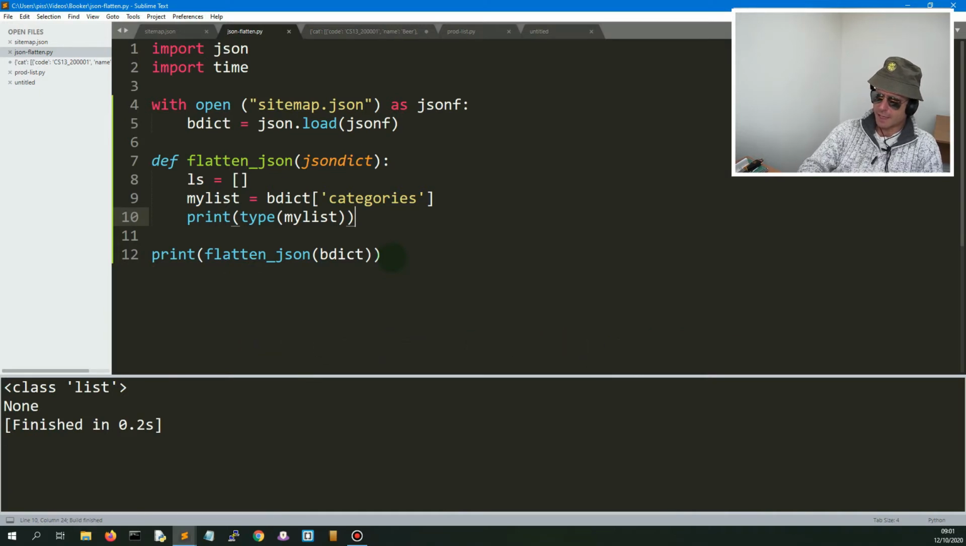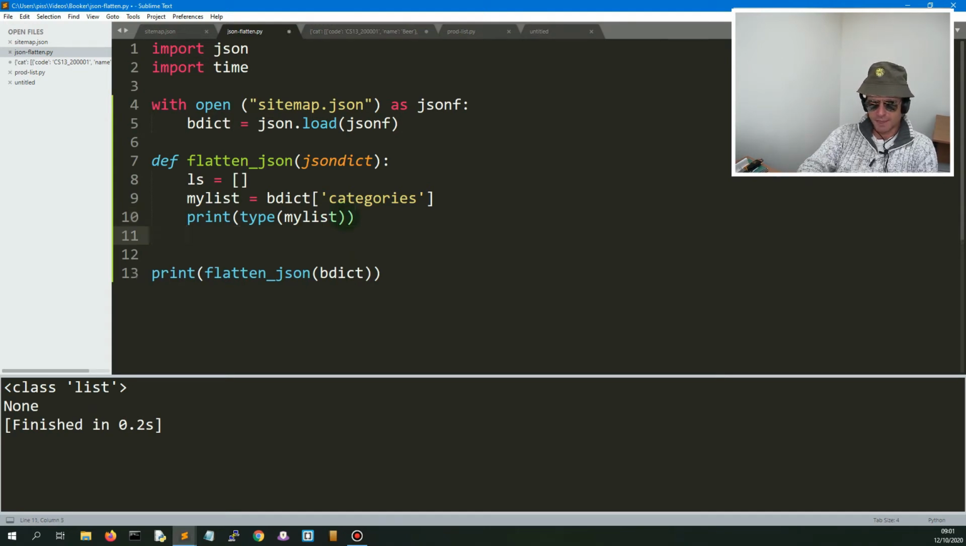Okay, so I now know that I'm handling a list, which means I can iterate through it without having to use keys and values. Right, so we've got a list. Now that we've got a list, we can say something like, I'm going to call them names. You could just say i if you were more familiar with C programming. That's the beauty of Python though, you can call your iterables meaningful names. For names in my list,